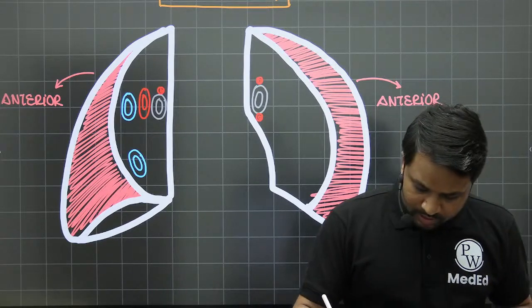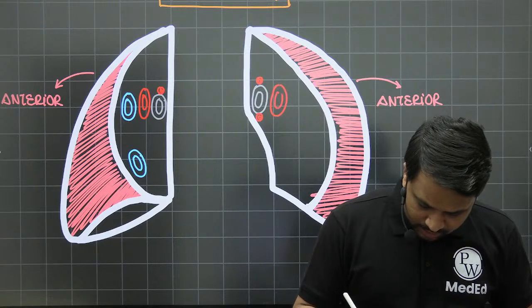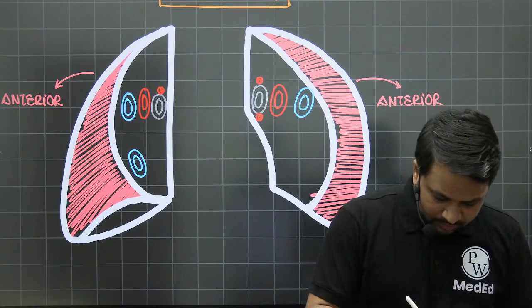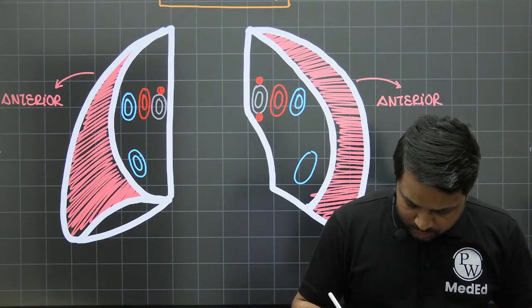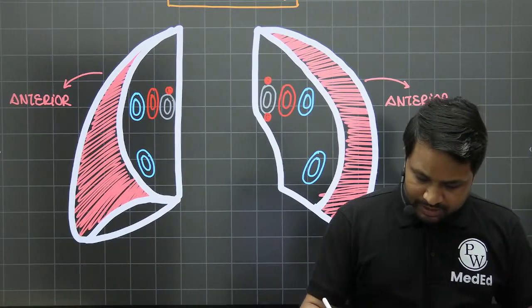Okay? Then you have the pulmonary artery, which is just behind it. This is the pulmonary artery. This is your superior pulmonary vein. This is your superior pulmonary vein, and this happens to be your inferior pulmonary vein, right? So if I just simply label them across,